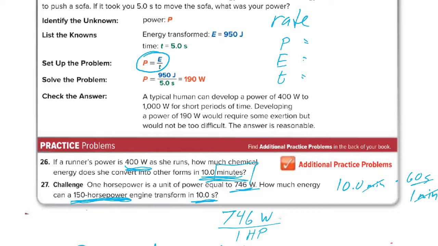Got ahead of myself there. So you have 150 horsepower. That would make horsepower cancel out. So you have to take 150 times 746, and that will convert it to how many watts were actually transformed in that 10 seconds. Then you use that wattage for